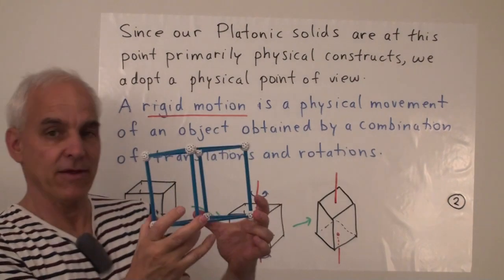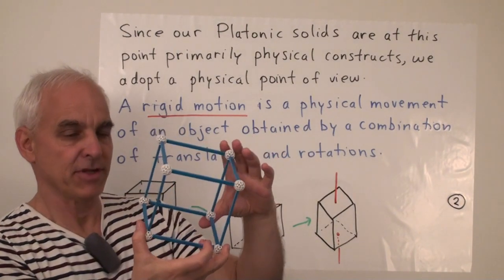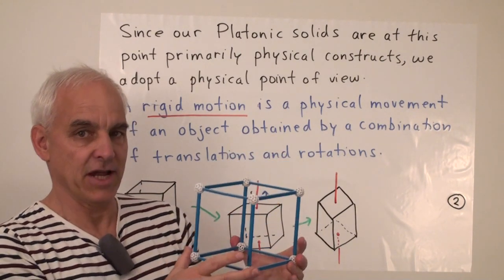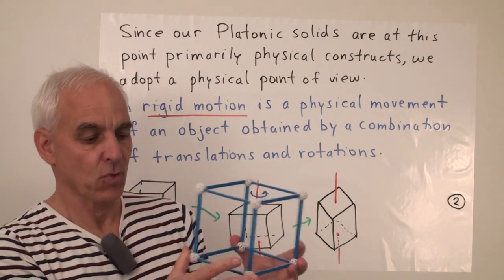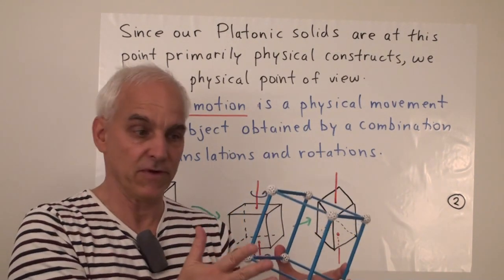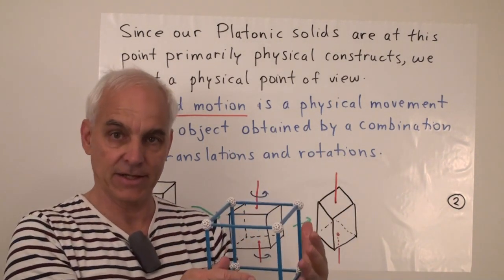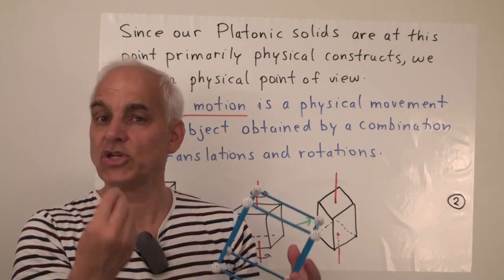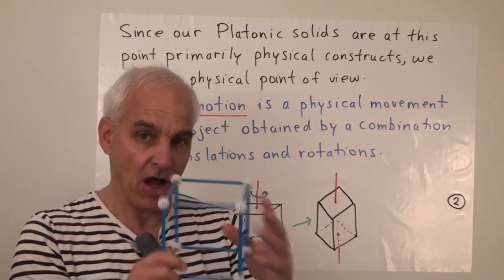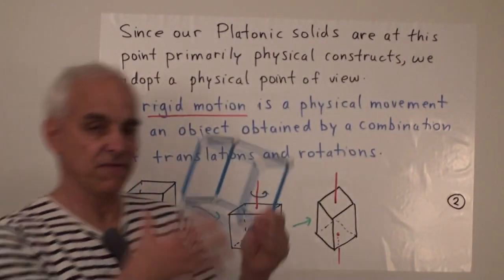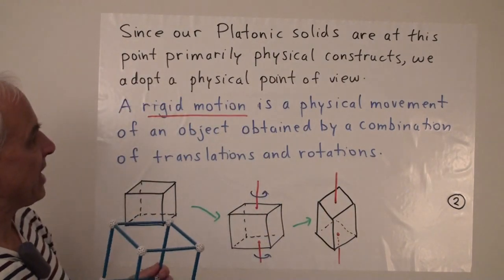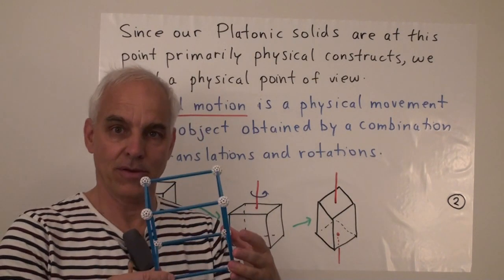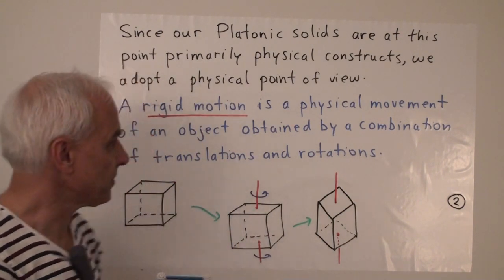Now, when we look at something like this, we see a wireframe construction because it's made with a Zometool construction set, which is a very nice way of quickly making one of these things. We can also make a solid object out of a piece of wood, for example, by cutting it with certain planes, and that's how the Platonic solids would originally have been thought about, as solid objects. So when we think of them as physical solid objects, it makes sense to consider their symmetries also from a physical solid point of view.